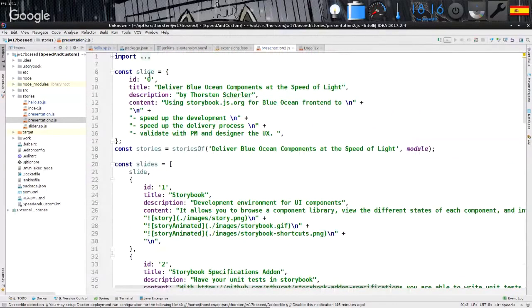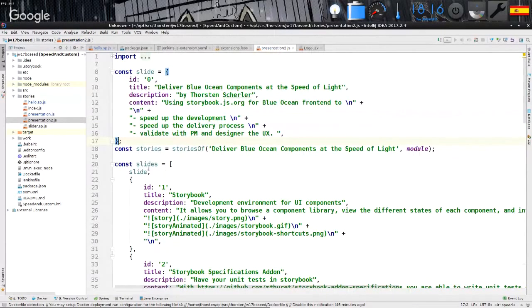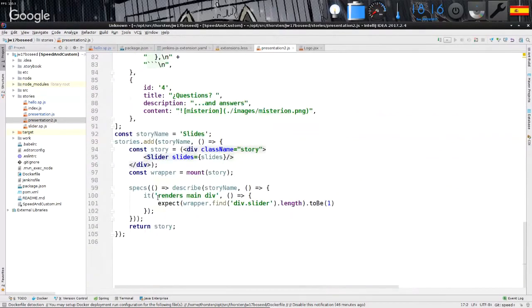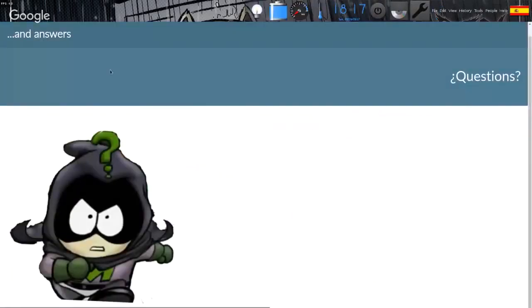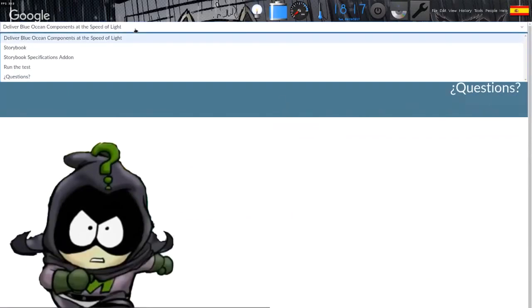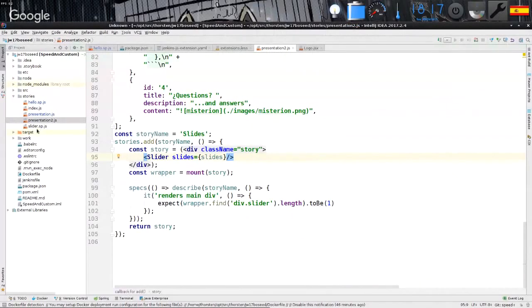So what we're doing here is we're creating an object, right? And then I add a complete array, and with this array, I just use one component. And I said, I want to render it with a slider, right? So the slider is the overall component that you see here, right? So if you see here, this is a drop-down box, right? So what I did is I create or use the slider